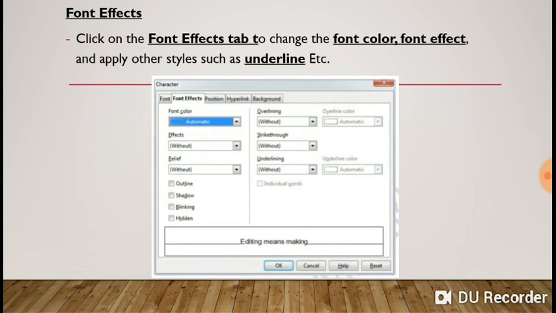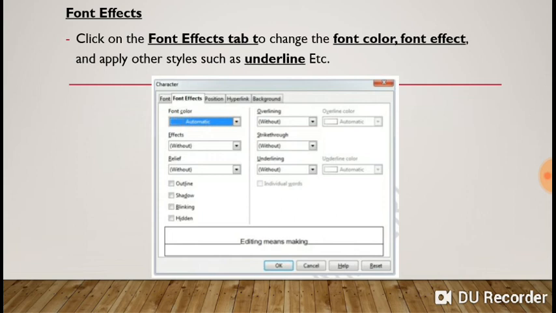You want to underline the text? Yes, you can see underline is also there. In the drop down arrow, we can select the underline style also. You want to select dotted underline, a plain underline, or double underline, and its color also. Other options on the font effect are overline. You want to set the overline, or strike through the text? Yes, we can set.